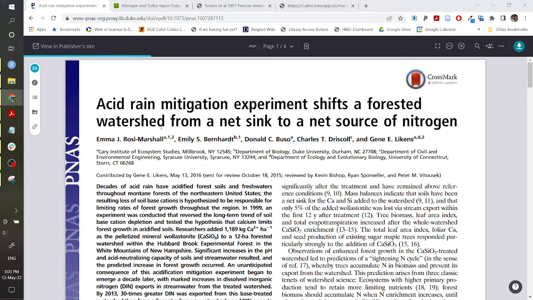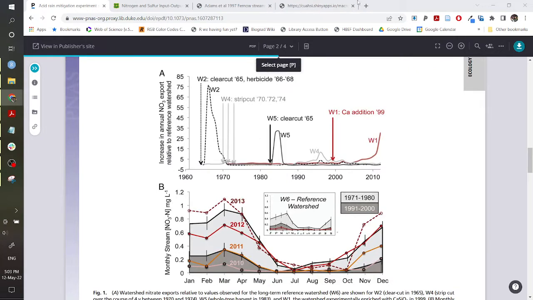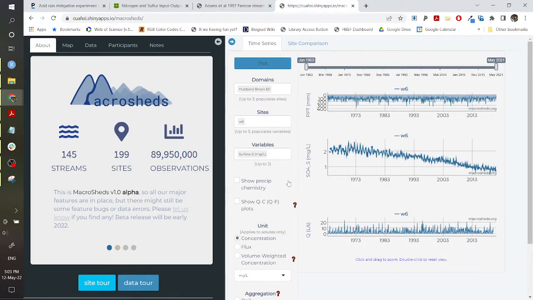experimentation. And so I wanted to look at the data that they looked at, which was nitrate export in addition to calcium and pH changes as a result of the wollastonite addition, on the MacroSheds portal. As soon as you navigate to MacroSheds, the default is looking at Hubbard Brook Experimental Forest sulfate, and you can see that over time, sulfate in the watershed has decreased in response to